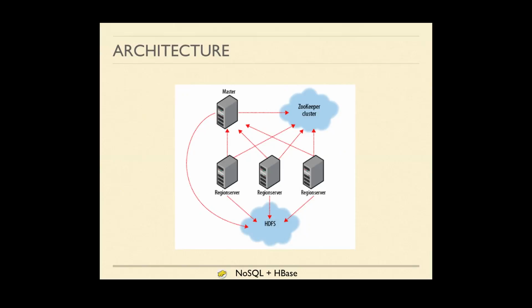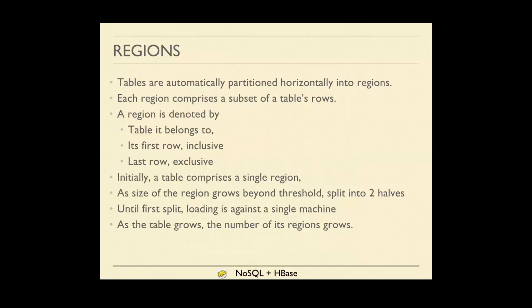In a similar way, the master keeps track of which range of IDs are on which region server. You can always think of the HBase master as containing a huge index of region servers. The way to identify a region is that this region contains IDs starting from here to here. That's how the master keeps track of which data is where, based on the region's starting and ending. All right, so tables are automatically partitioned